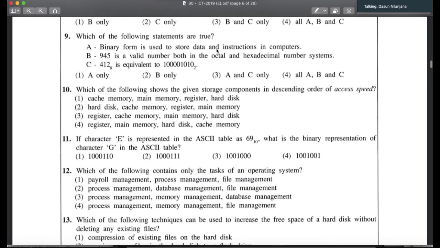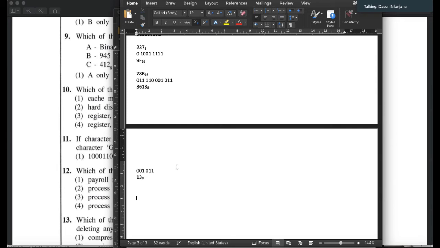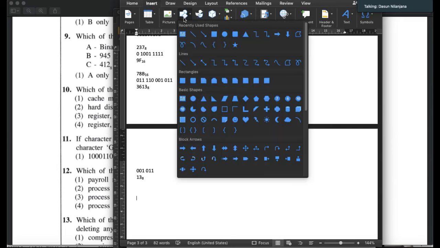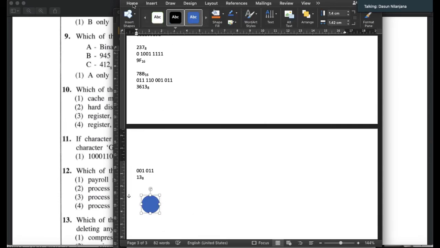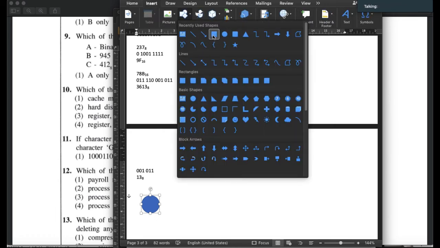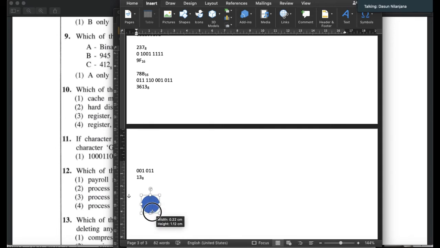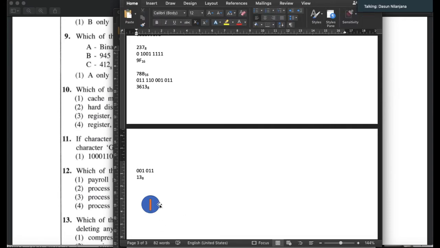Binary form is used to store data and instructions in a computer. Yes, very true, because you know that even the power button of the computer, the power symbol, this is 0, and if this is 1, the power button of the computer is something similar to this. So you know it is 0, 1. So starting from that, because that is the easiest way to instruct a computer, electronic device, or electrical or electronic